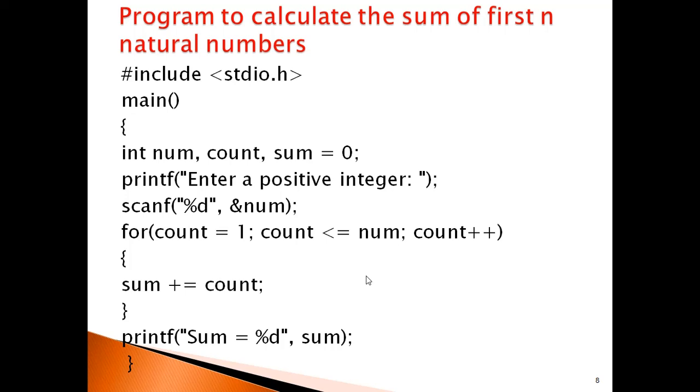Here the program's purpose is to calculate the sum of first n natural numbers, where n is entered by the user.